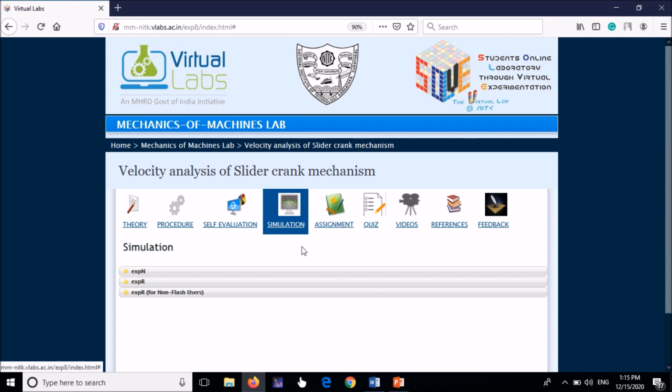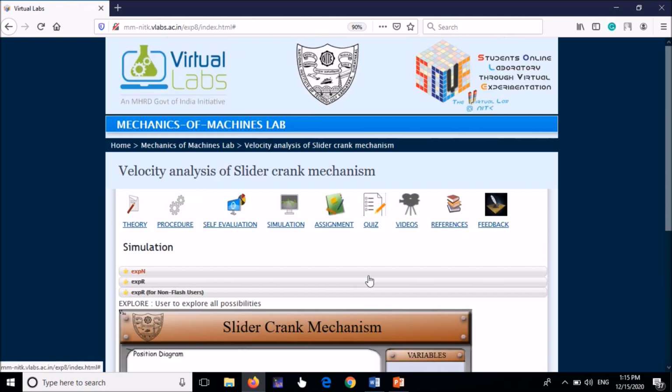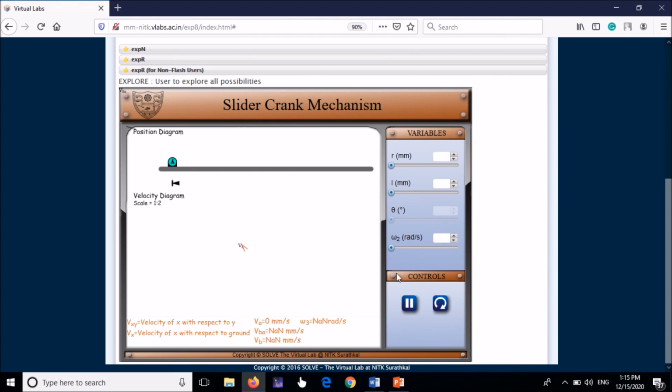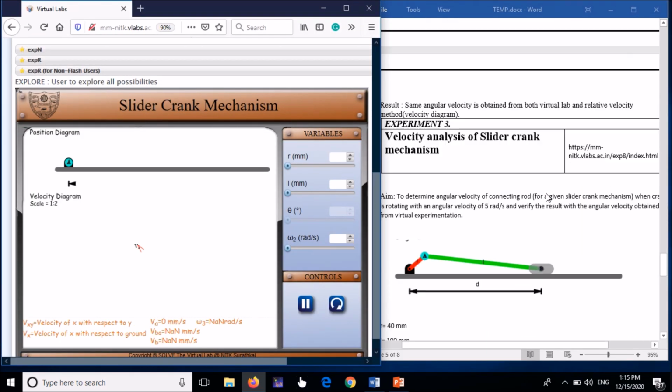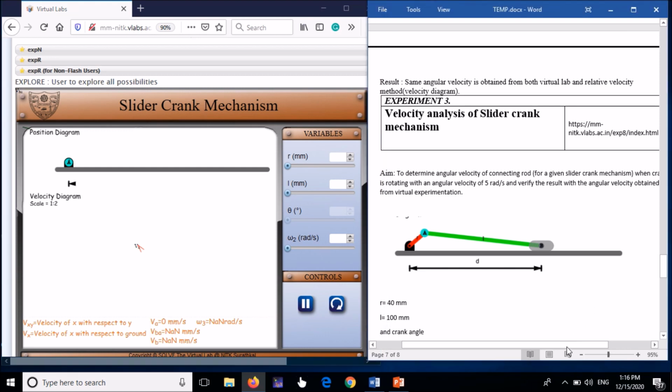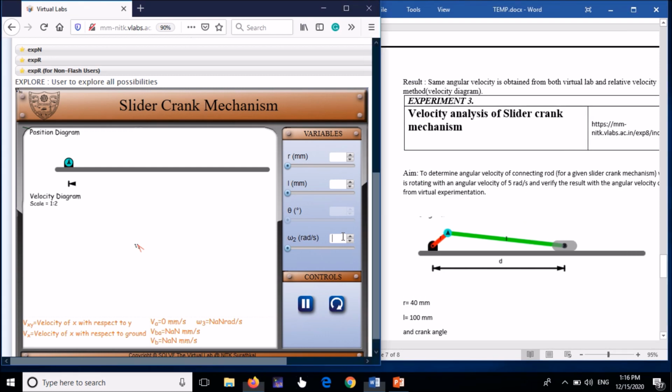So simulation. Again, for non-flash users, the same simulation I am using. This is the interface you will get. Now again, I have taken one example for this also. Here slider crank mechanism, and in this omega is 5 radian per second, let's keep this 5 radian per second.